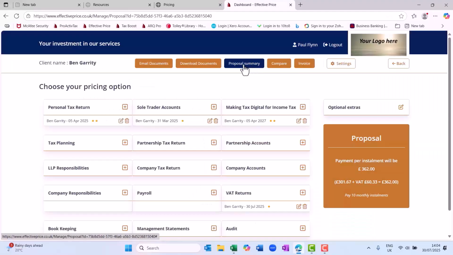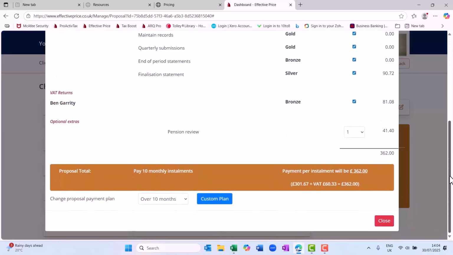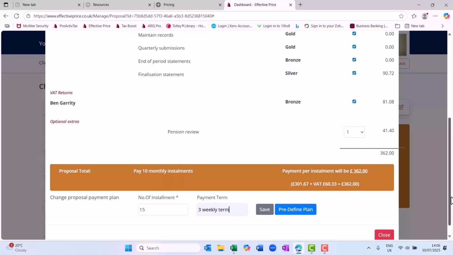Heading into the proposal summary, there's another opportunity to change the instalment payment plan, based upon the options I've shown you in the settings, or I can customise it even further if I wanted to at this stage. Each time that feeds into the field on the right hand side. However, in this case I'm going to revert back to my predefined plan,